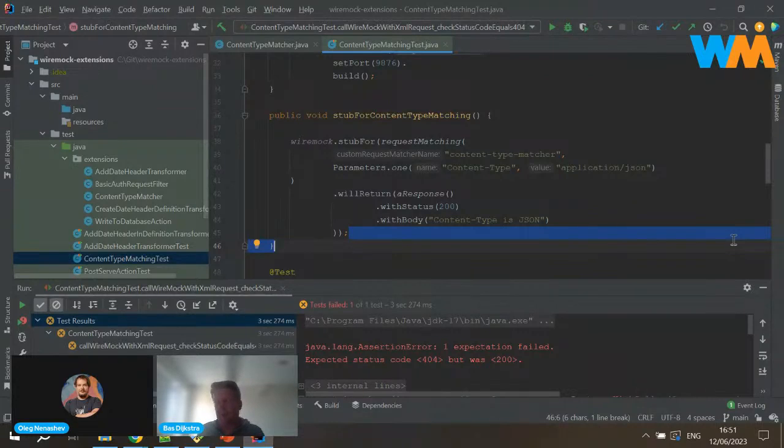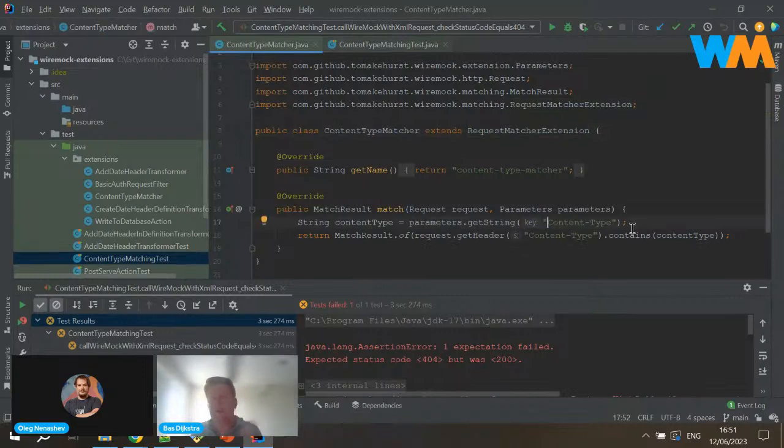For example, I want to check if the request body contains at least X number of bytes. If so, I want to send back this response. If not, I want to send back a different response. Those are all things you can do with custom matching logic. So you can build pretty intricate things here, and make this as complex as possible.